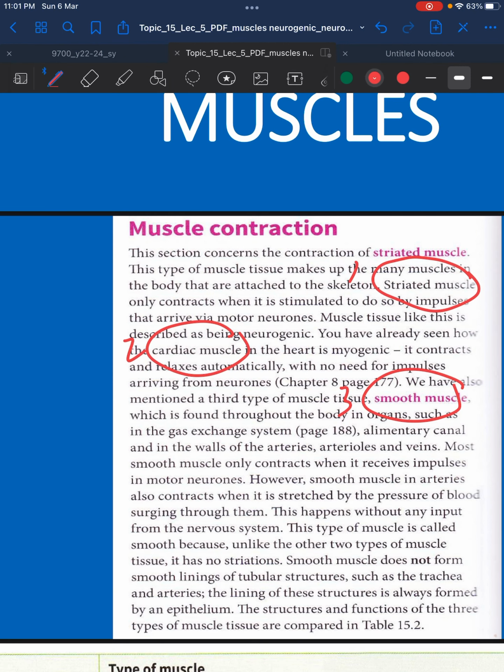Myogenic means it can contract on its own, it's automatic. Whereas striated muscle relies on neurons, the transmission of nerve impulses. Now, smooth muscle can be both. Smooth muscle may rely on